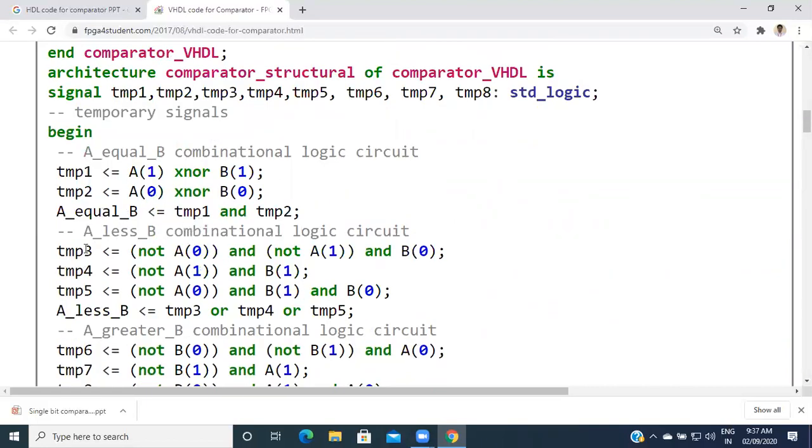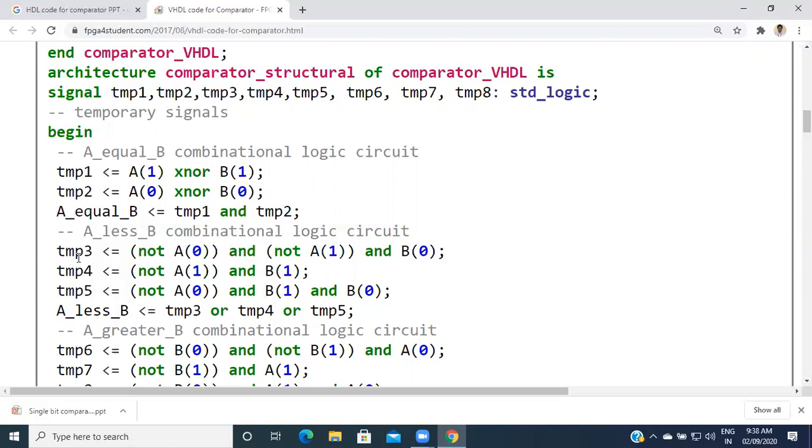For the second one, temporary 3 is assigned as not A and B. Not A means 1 when A is 0, and with B it gives 0 in the other cases. This value is assigned to temporary 3. When A is 0, it is assigned to temporary 3.